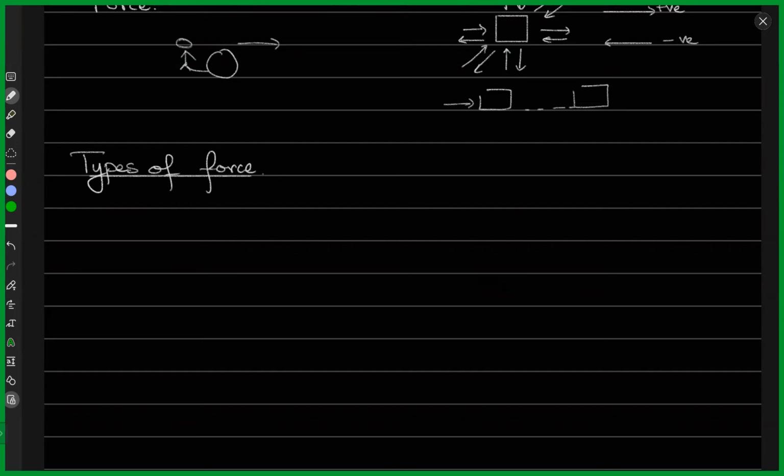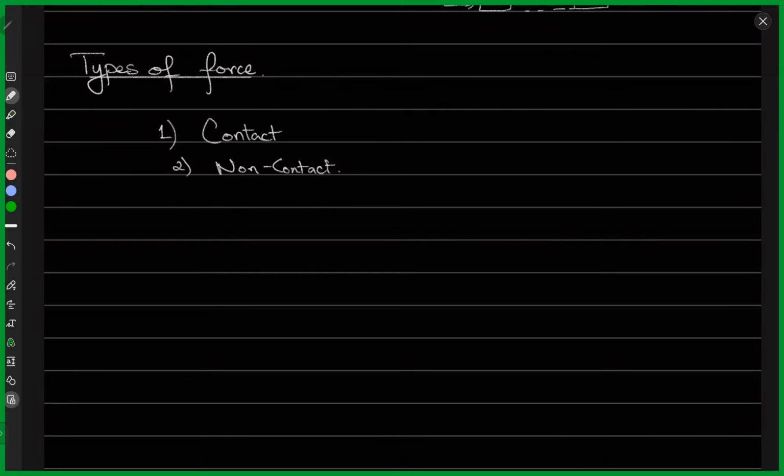We can have, really, if you generalize it as much as you can, two types of forces. One is a contact force, and the other one is a non-contact force. All right, so can you give me an example of contact and non-contact forces? The name is very obvious, right? Contact means that if I have an object, it should be in contact with something, right? So an example is a block on a surface, right? On a straight surface, on a table, for example, right?